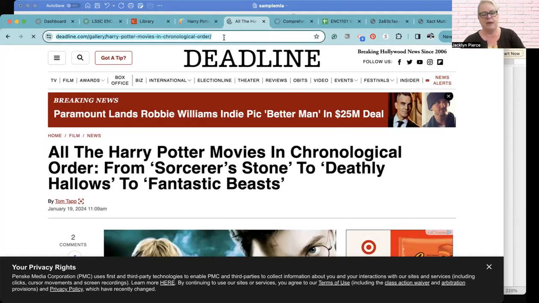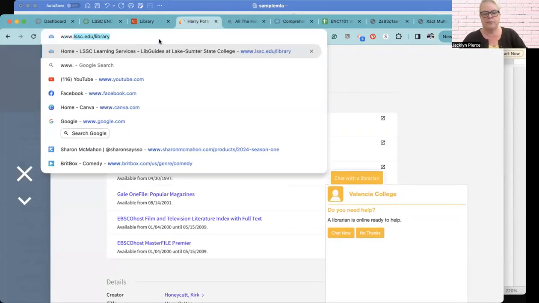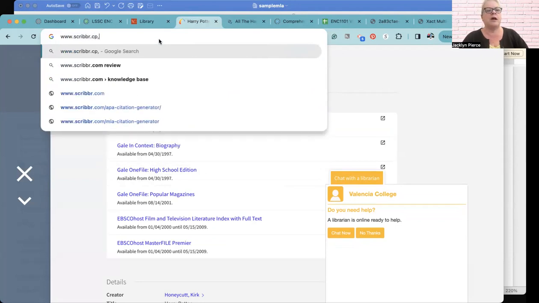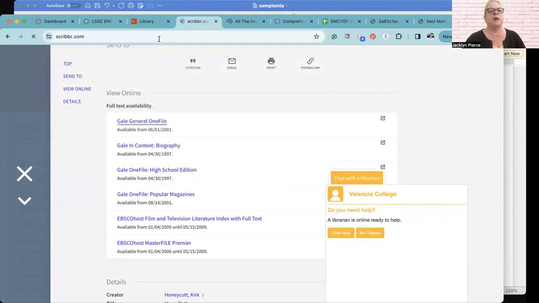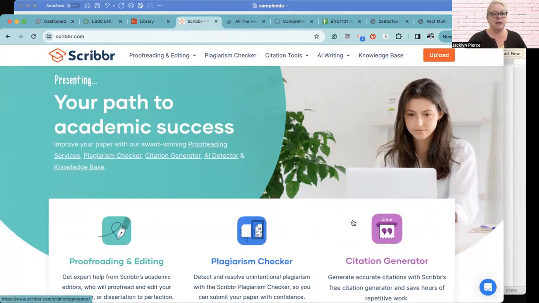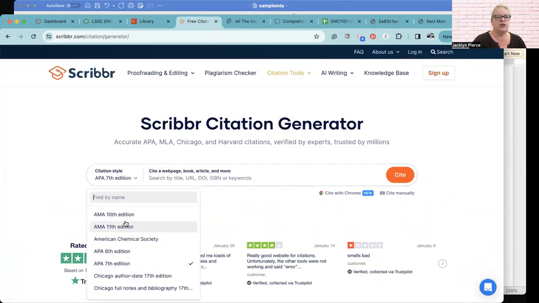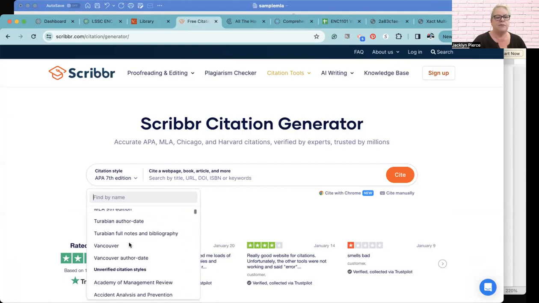But I'm going to try something because I mentioned a website earlier, scribbr.com, except I can't spell. And there are citation tools. Now, Scribbr is not the only one. Another popular one is easybib.com. They are typically pretty good, but it is your responsibility to make sure that you check that against the resources in the library that you have a good citation. So I'm going to choose citation generator, and I'm going to choose MLA.